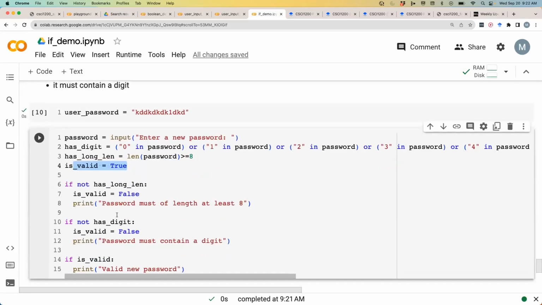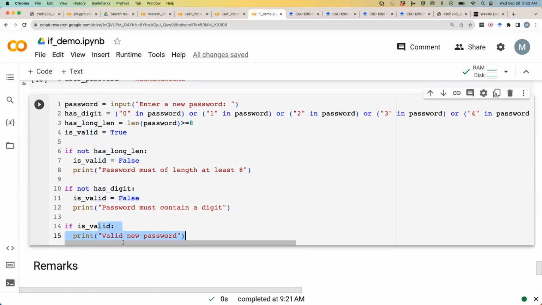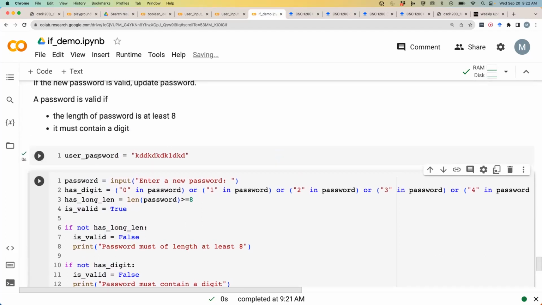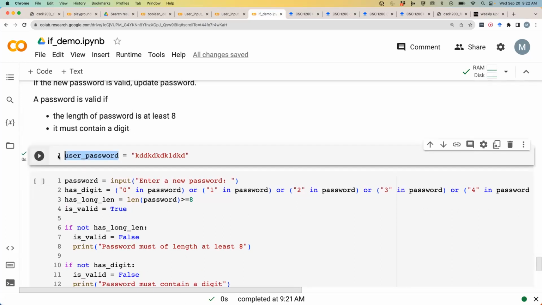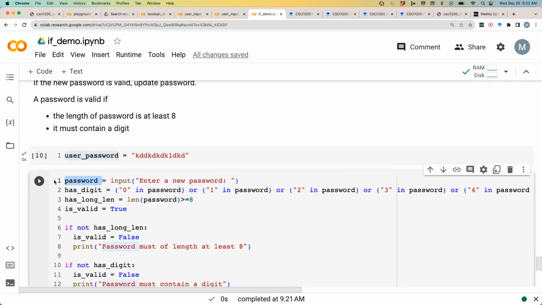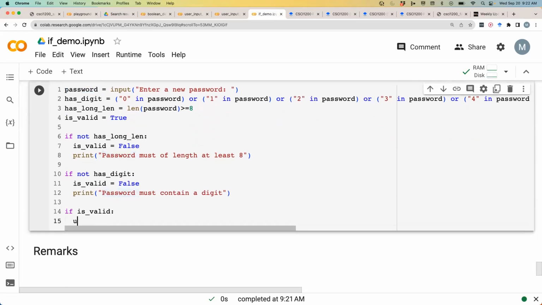Okay, now is valid will become False if it violates at least one of the conditions that we mentioned. If it does not have a long length, is valid equals False. If it doesn't have a digit, is valid equals False. And if it's valid, we don't just print valid new password. Okay, we're actually going to update the password. So update as in we're going to change the user password, which is the old password, to the new password